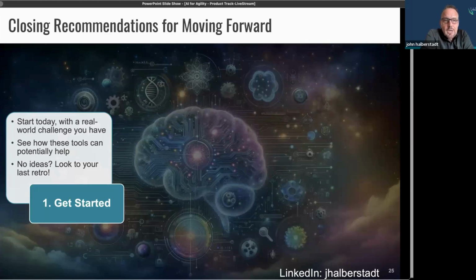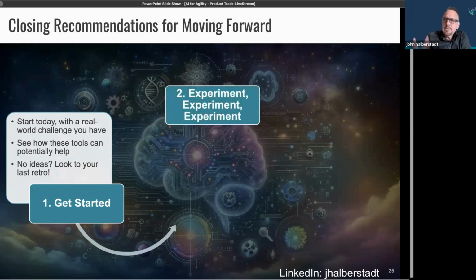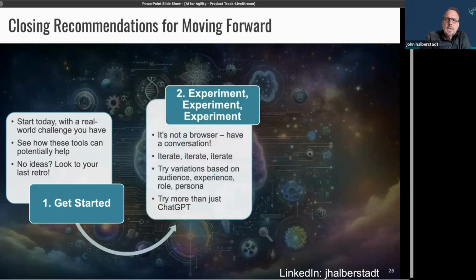If we have issues with the quality of our stories, acceptance criteria, technical, non-functional criteria is a challenge for a lot of folks, functional criteria for others. Whatever that is, provide that into the tool with your existing stories. Those are just some immediate ideas. Look to your last retro, look to your last demo, but get started. Get started today, or get started tomorrow, but don't wait.